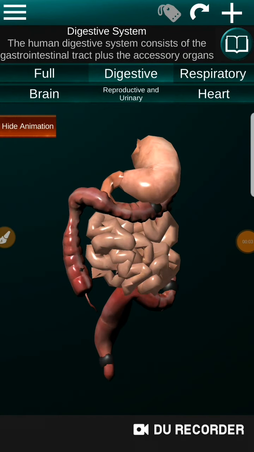You can see how the food passes from the small intestine to the large intestine and lastly is removed from our body. See this, the big black portion, which is undigested food, passes through our small intestine and lastly through a place called the anus.